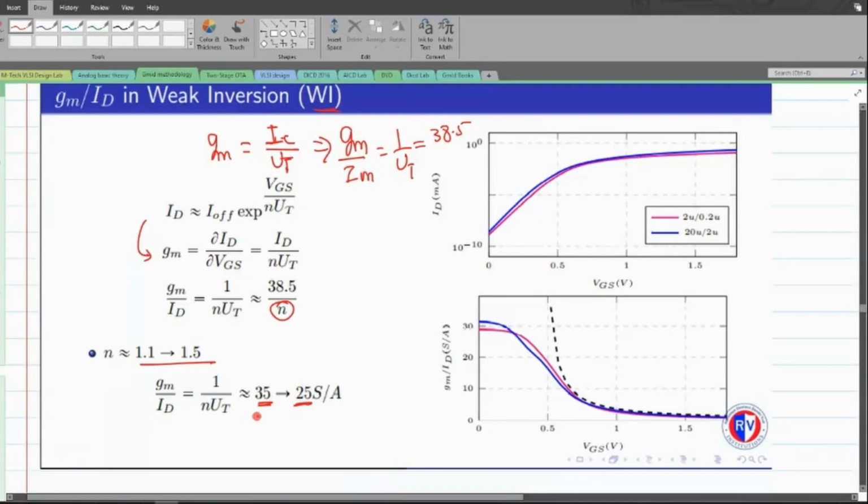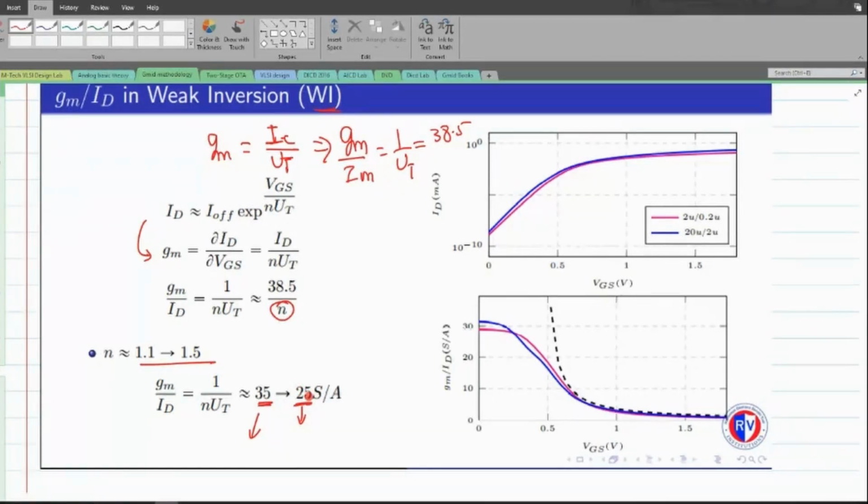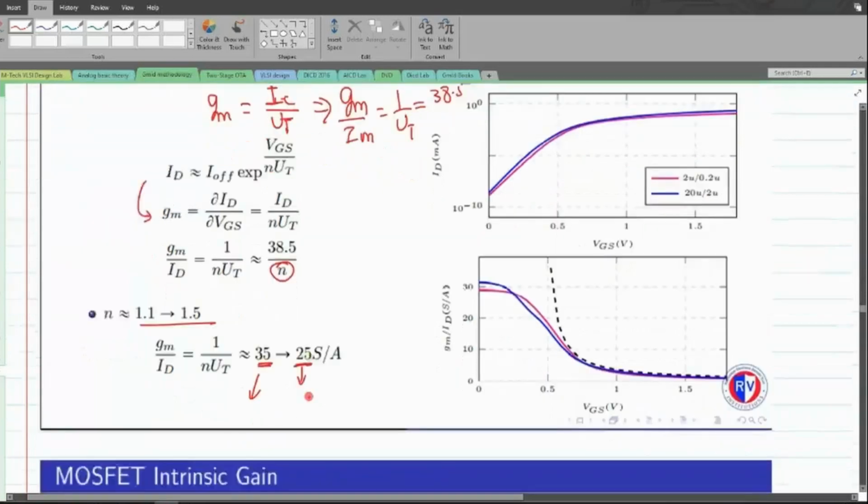So if you are using something like a FinFET, then you can have a maximum transistor efficiency, whereas when you go for normal MOSFET technologies, then you may even get a maximum value of GM over ID that is closer to 25 as well. Next, we will see the use cases of this weaker inversion.